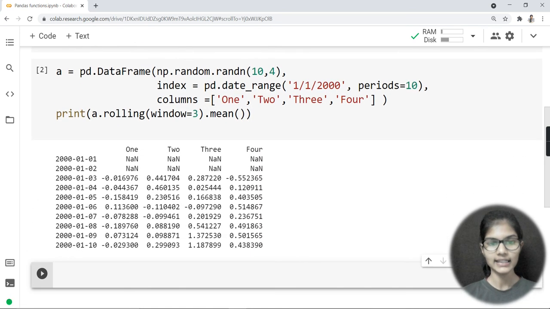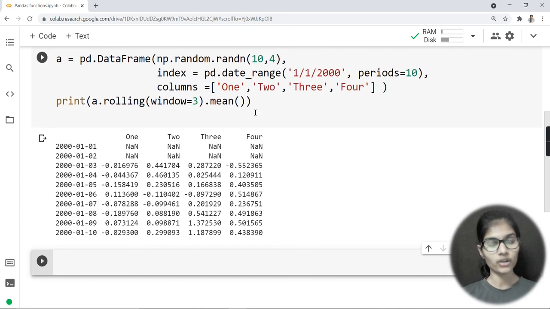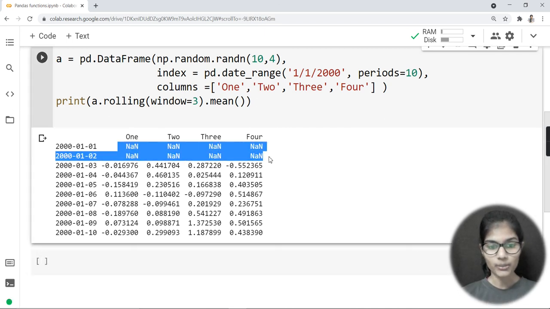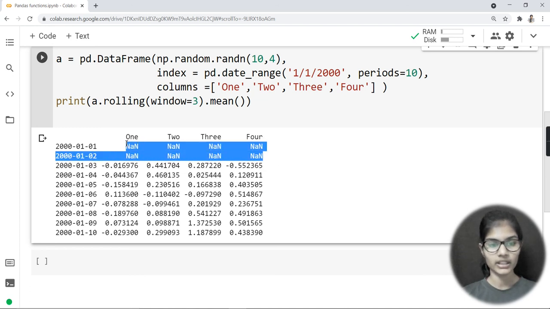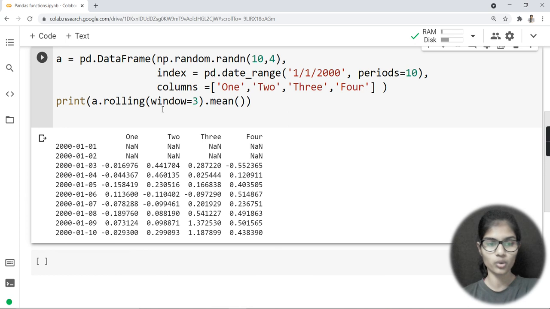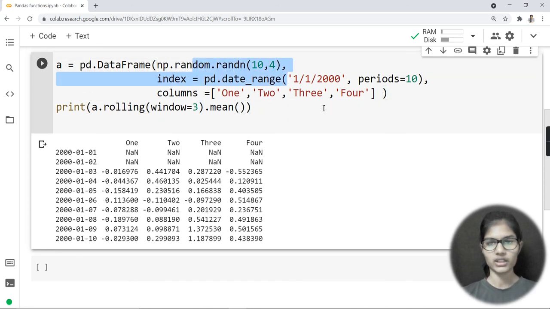Now just come here and see that these are the results which I got from my dot rolling function. Why is it showing NaN values for the upper two rows? Because in this parameter I have passed window is equal to 3. Because of that it gives NaN values for the two rows in all 4 columns, and other than that you will see that all are filled and they are replaced by their means. These are some random values. So this is how we use a rolling function in Python programming using the pandas library.